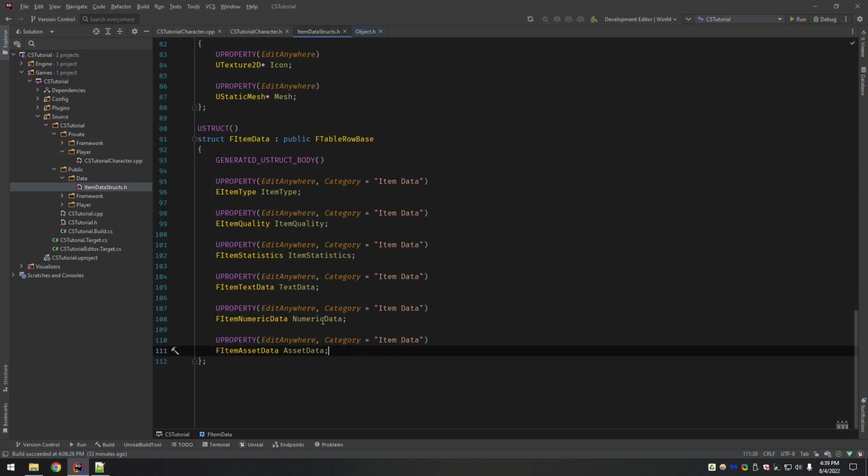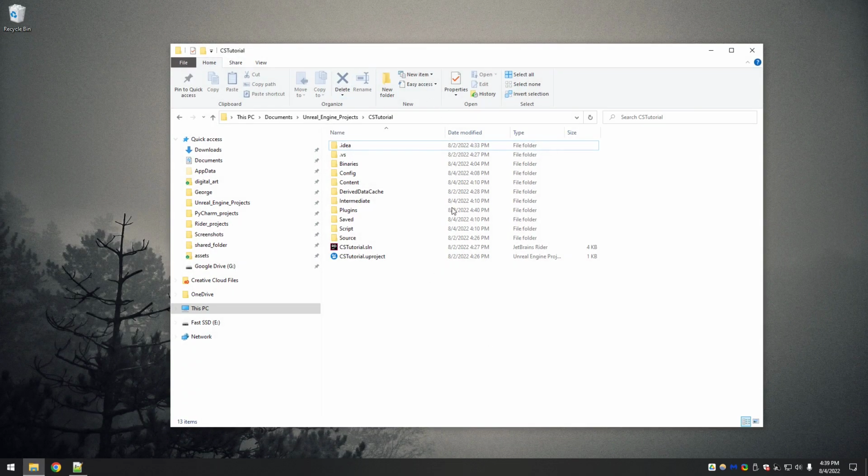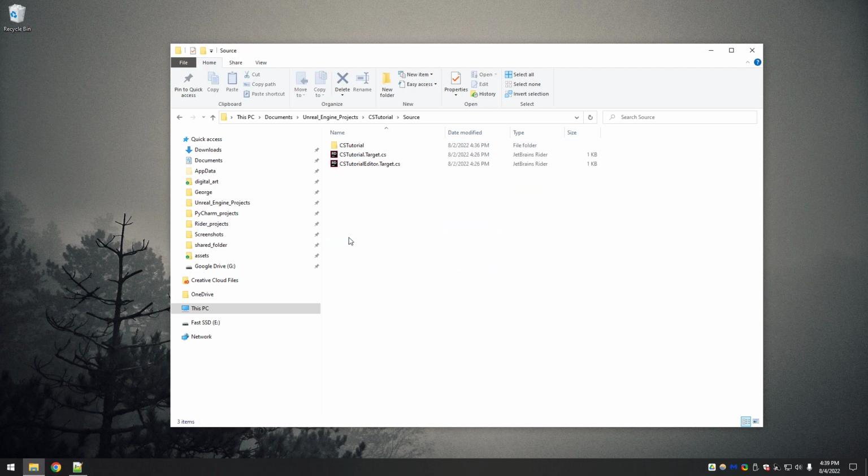So for that, I'm going to close my IDE. I'm here in my project folder, and by the way, I called this CS tutorial for core systems, being interaction, items, inventory. So that's what I named it. Obviously, yours, name whatever you want. So whenever you make a hierarchy change in terms of your source files, whether that be adding a new thing like this from scratch or deleting, because I don't know if you noticed, but you cannot really delete C++ source files from the editor. You can do it here.